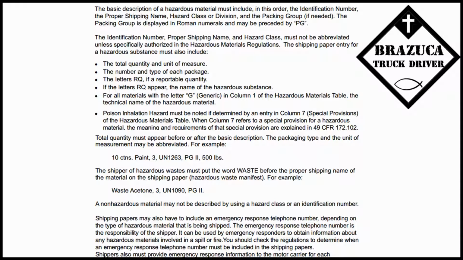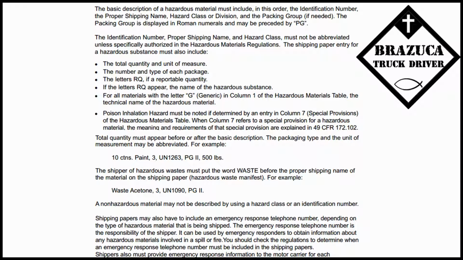Poisonous inhalation hazard must be noted if determined by an entry in column 7, special provisions, of the hazardous material table. When column 7 refers to a special provision for a hazardous material, the meaning and requirements of that special provision are explained in 49 CFR